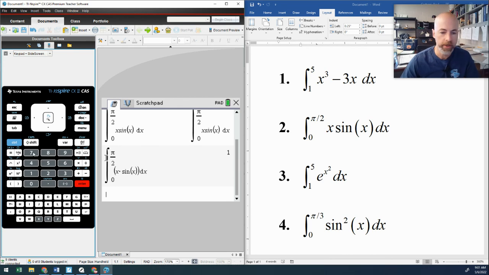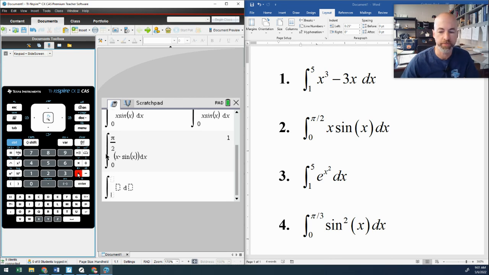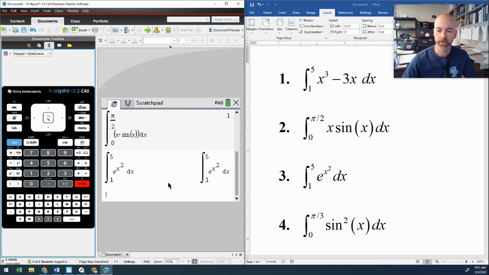So let's look at this third one here. Another potential mistake: if I hit Shift plus and do the integral from 1 to 5 of e to the x squared, so e to the x squared dx, this should give me some kind of error. Yeah, it's just spitting it right back out. And again, we have made a mistake. When you are using e as the number, 2.71828 and all the rest, you do not use the e from the keyboard. What you want to do is use instead